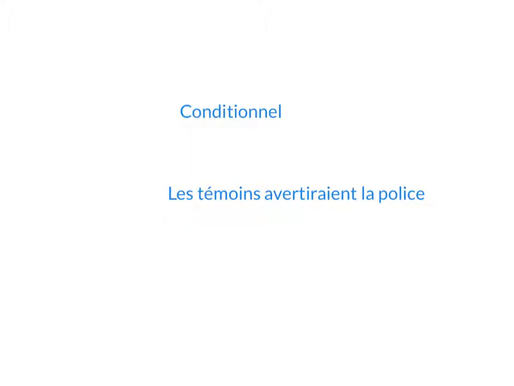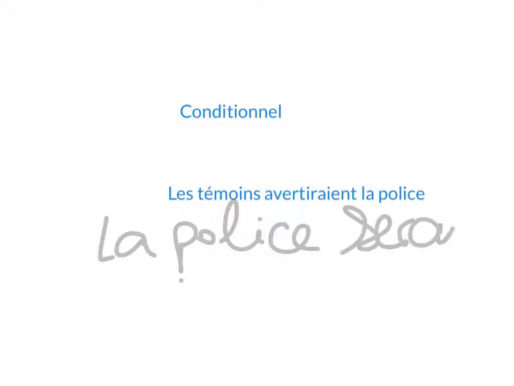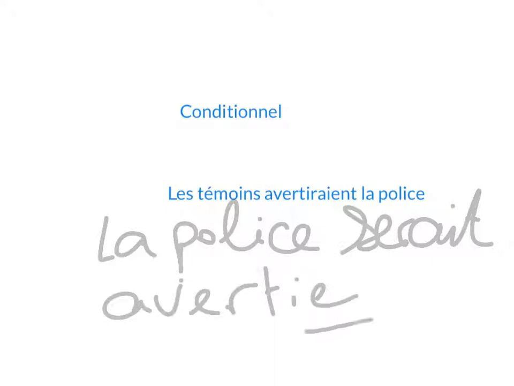Conditional, or le conditionnel, again same sentence, still in the active form, so you need to use être, which you are going to put in the conditional, obviously. Again, hit the pause button if you wish, while I get my pen ready. So we're going to start with la police. Être in the conditionnel is serait. And then averti, because it's my past participle again, with the agreement.